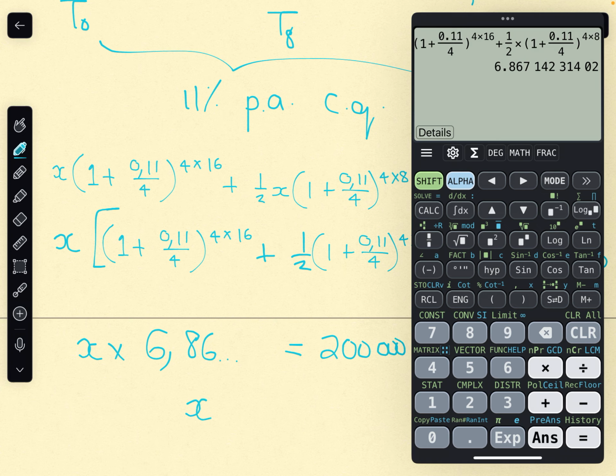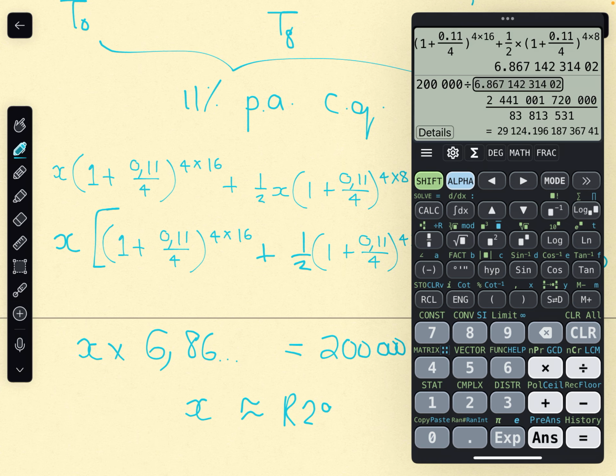So then I divide both sides by that. So 200,000 divided by my answer. So that is going to be 29,124 and 20 cents